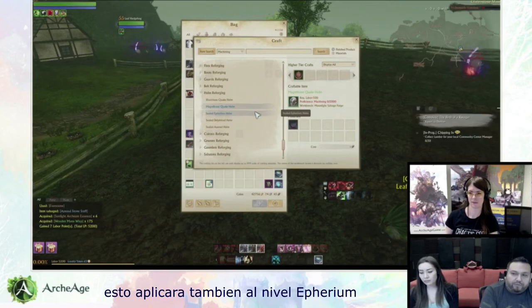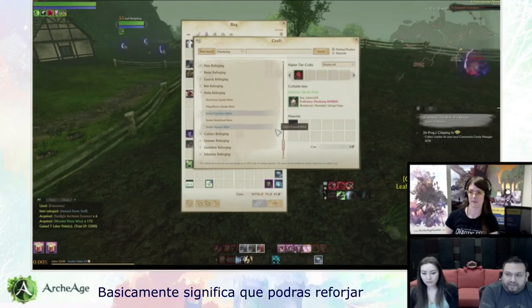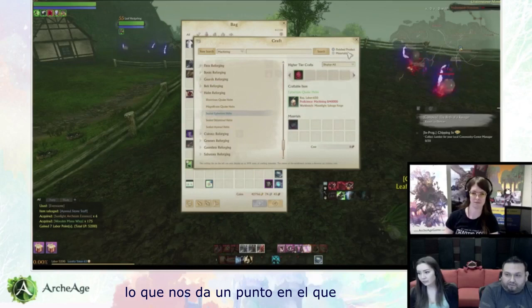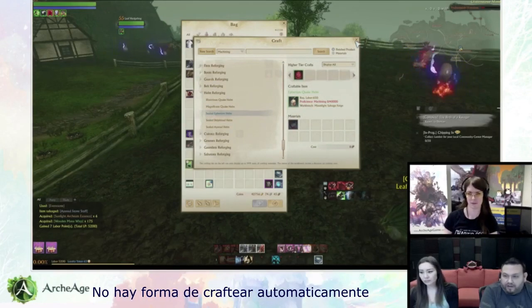That will also be applied to the Ethereum tier with the Revelation update. So that means you basically can reforge Ethereum pieces to auto-craft a sealed Delph, and that sort of delivers us to a point where Delphinaut is more accessible. There's no way to automatically upcraft Delph,